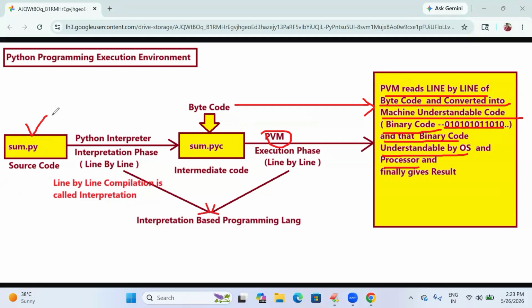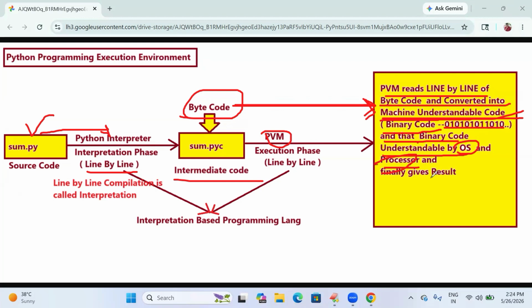Whatever we write in that program is interpreted by the Python interpreter line by line, and it generates an intermediate code called bytecode. If there are no errors, then the PVM comes into the picture. The PVM converts the bytecode line by line into machine understandable code that is understandable by the OS and processor.